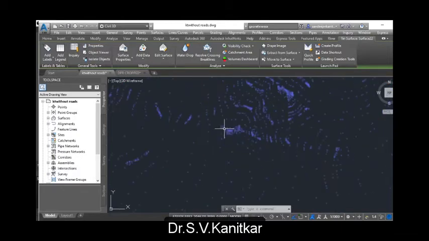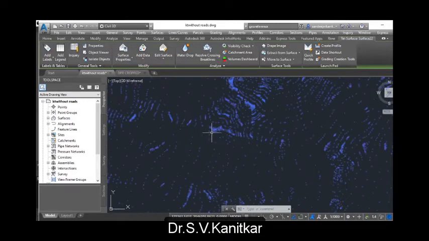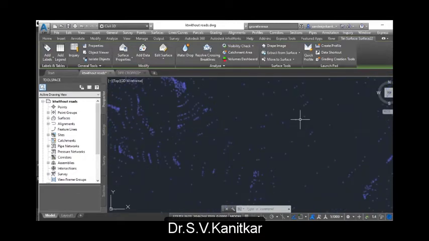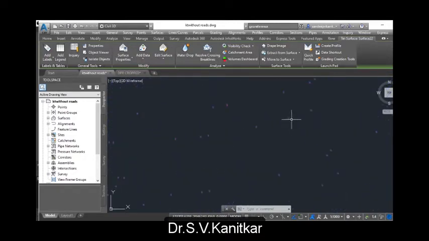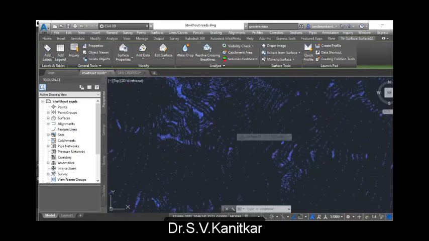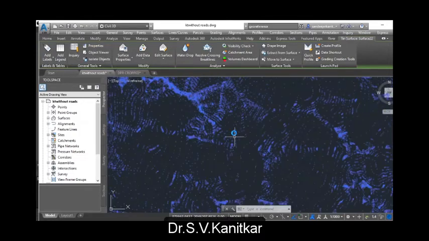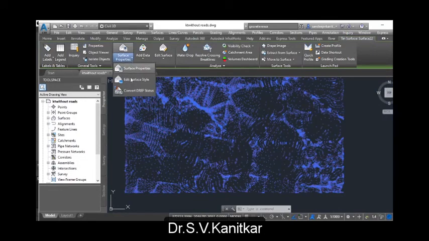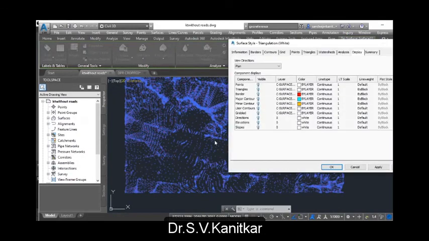So this is how it will help you to delineate contributory areas as well as align stormwater pipelines. So this is how a surface can be visualized in Civil 3D. Now I will again switch to the elevation map.